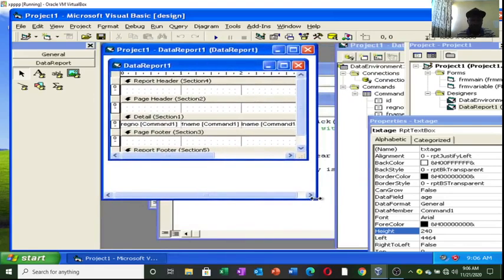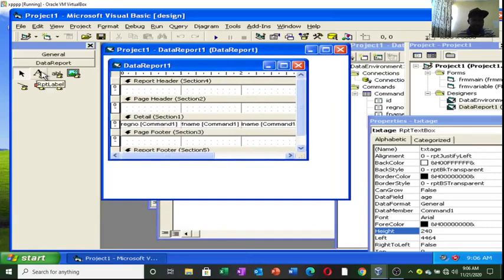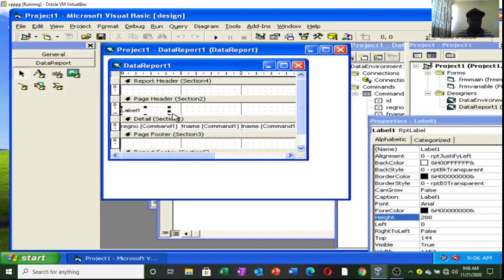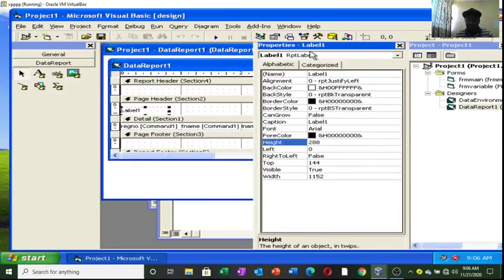This is our report. If I go to this, take a label, this is the label. Then you can type something in the ribbon. Remember we type from the properties window. Therefore I just have to do this one, caption, then I can type registration number. Then after doing that, I can take another label and draw this one. Just go to caption here. This is the first name,